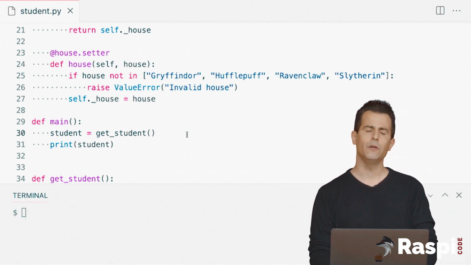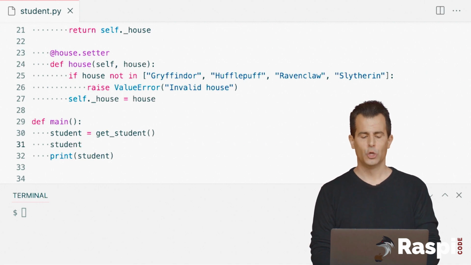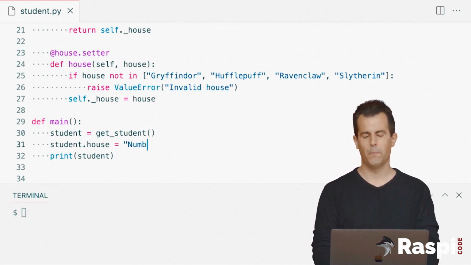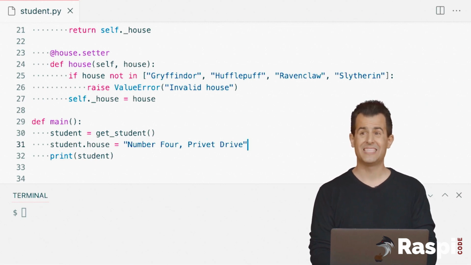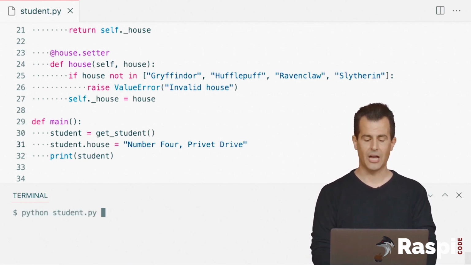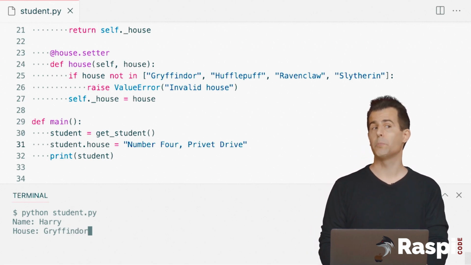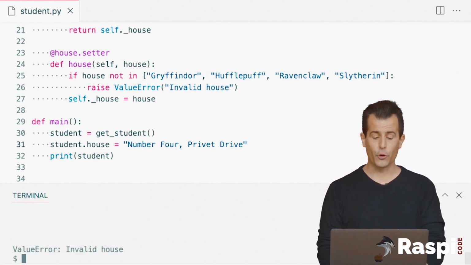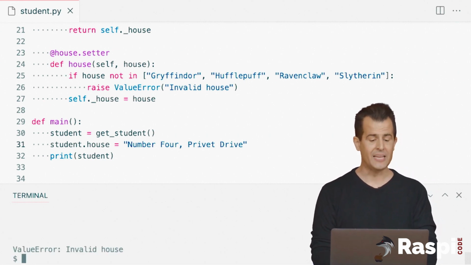If I go back into my main function after I've gotten a student on line 30, and I try to adversarially do something like this, student.house equals "4 Privet Drive", we know this won't work because my setter for house is going to catch this. Watch again. Python of student.py. Let's type in Harry. Let's type in Gryffindor, which will at least pass our check that's induced by init, but line 31 is going to trigger the same setter to be called, and we're going to raise a ValueError